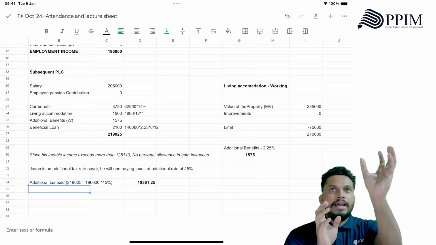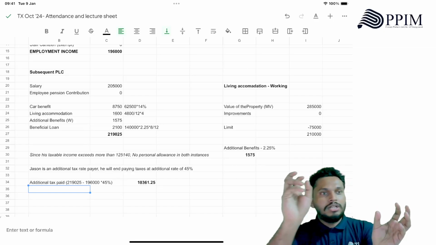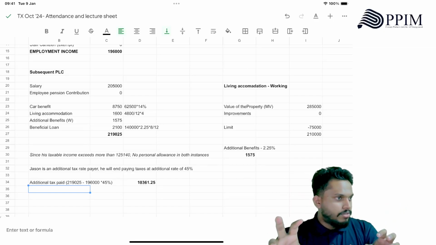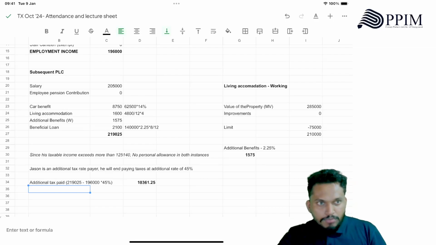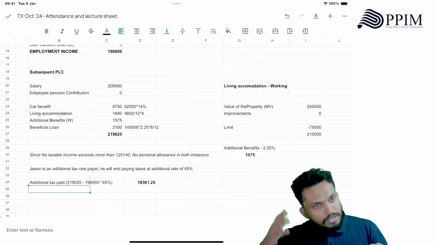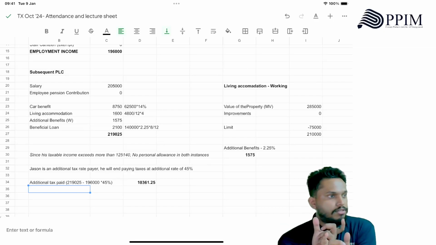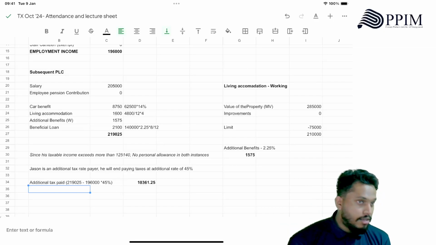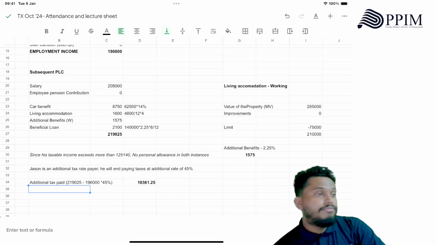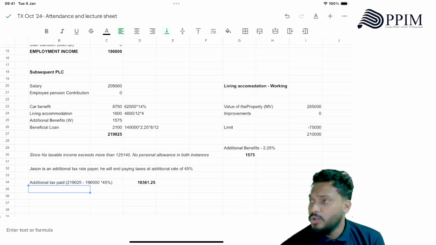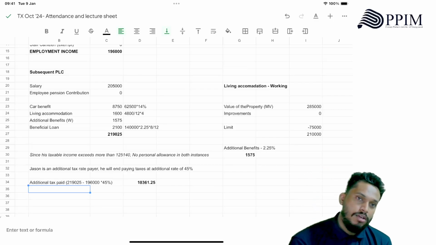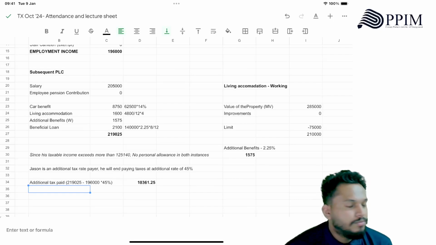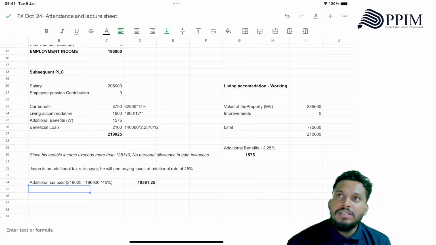You got it? You will take 196 from 37,700 and calculate 20%. Then from 37,700 to 125,140, you will calculate 40%, and the extra 45%. Same thing, then again you will repeat it for the subsequent PLC. When you take the difference, this is where you will arrive. So this is a short way of getting there, understanding what level of tax rate payer he is. You can save time by doing it this way. 100% marks you will get.